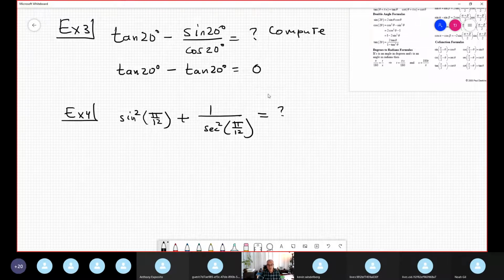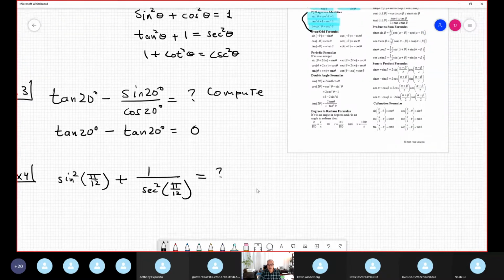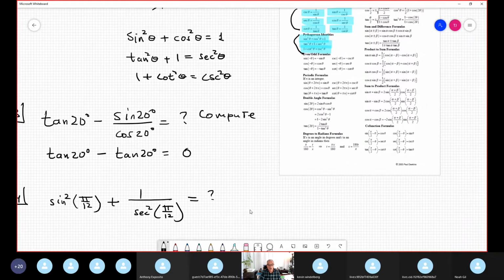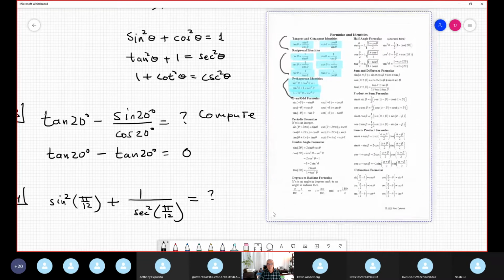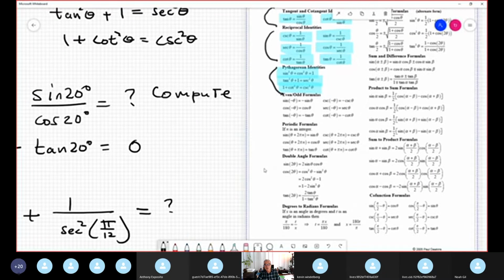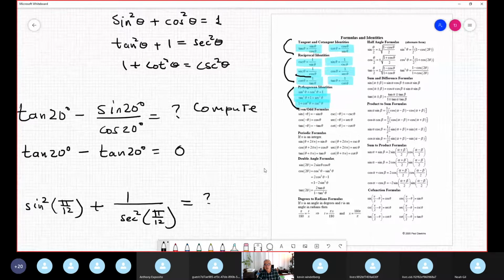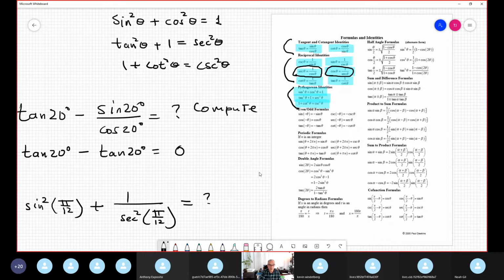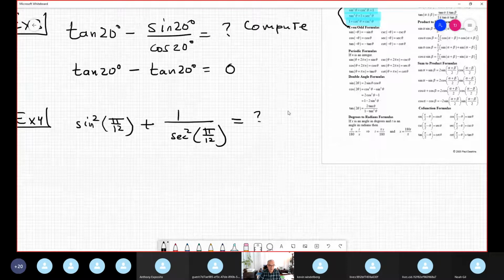I have no idea what that is. When I use a combination of the identity, look, I know the reciprocal. Let me zoom. I know that the reciprocal of secant is cosine. Look, I'm using this. Reciprocal of secant is cosine. So 1 over secant is cosine. So I replace. This is sine